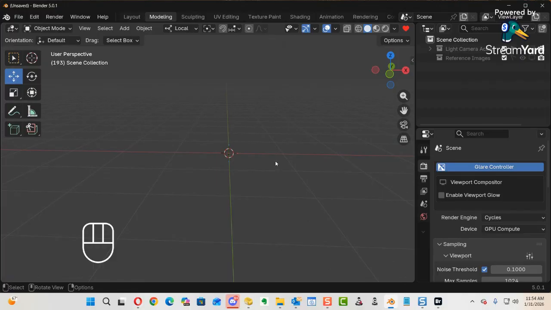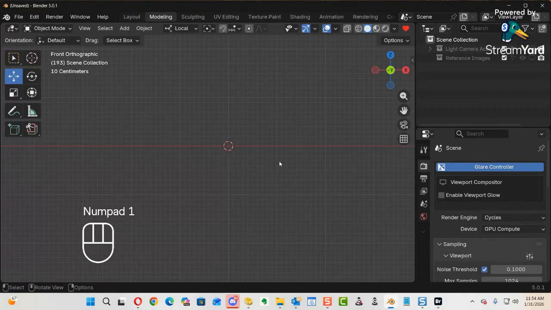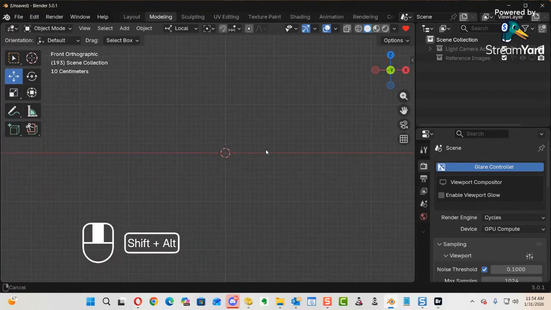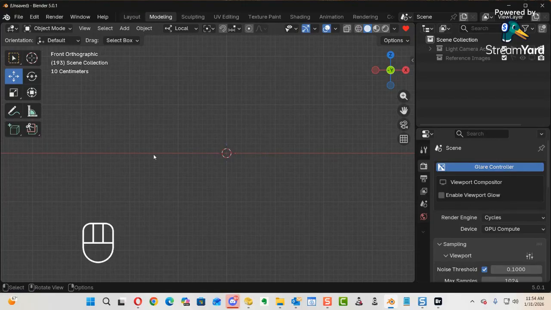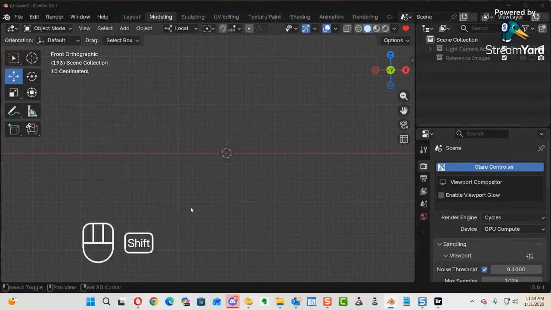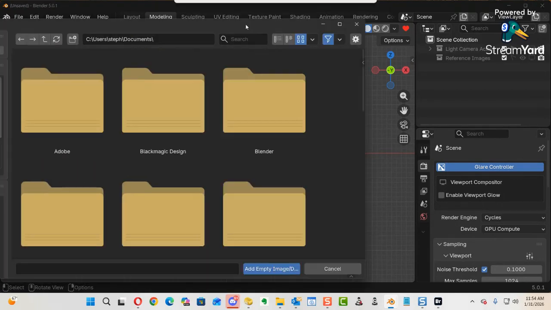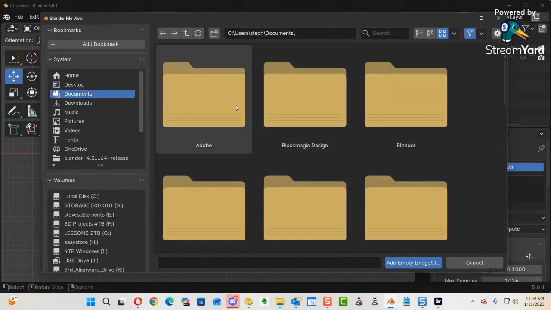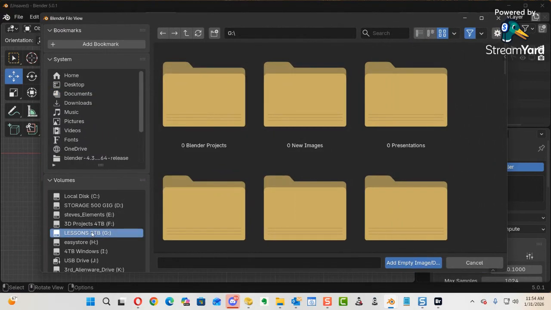And let's go to the front view, hit the one key in the numeric pad. We will hit Shift A, go to our images, and then we're going to go into the reference image category. All right, so it's bringing up where do I want to get my reference images. I'm going to be pulling from my lessons folder,